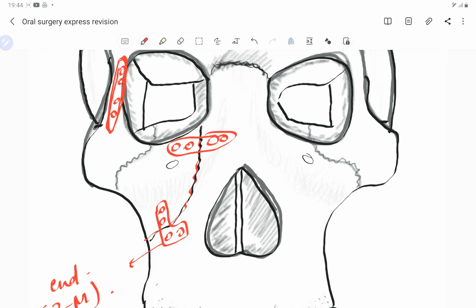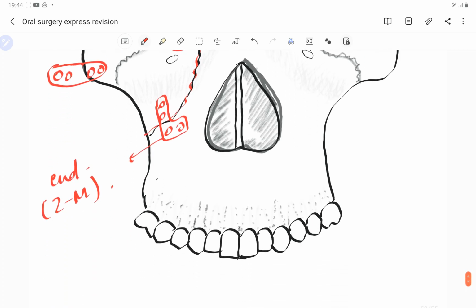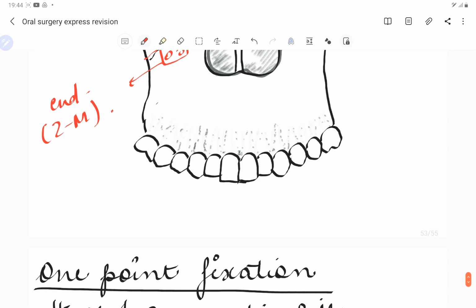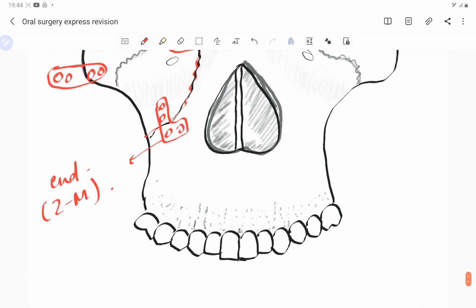And if we are placing 4 plates, then first one at the frontozygomatic suture, and then second one we place here at the zygomatic arch, guys, like this. Third one we place at the infraorbital rim, and the fourth one at the zygomaticomaxillary. If we are doing the floor reconstruction, that is something we do at the end. So in case there are functional problems, or if all the processes of the maxilla are fractured, then we put the 4 plates.